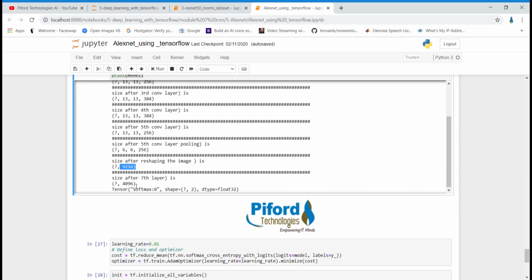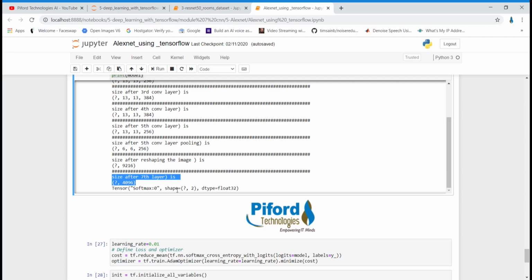These 9216 pixels go to the first fully connected layer, and then we have a last layer with two neurons which are responsible for showing us the output, right?